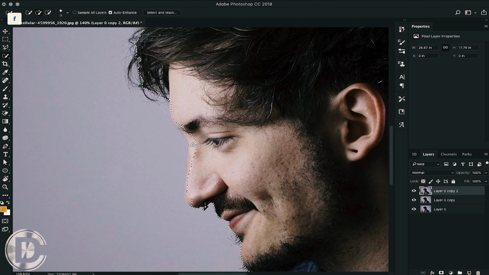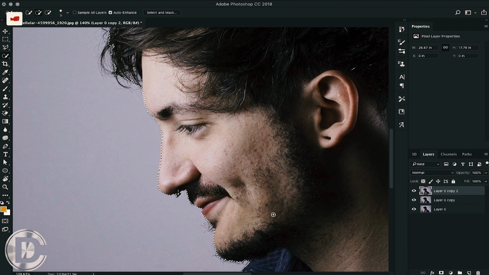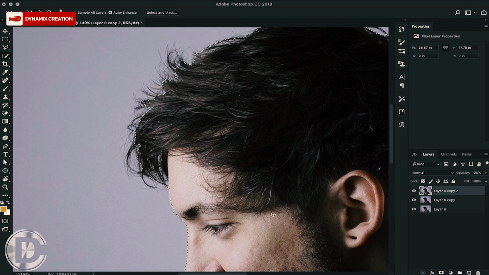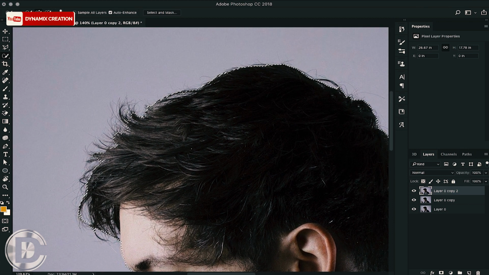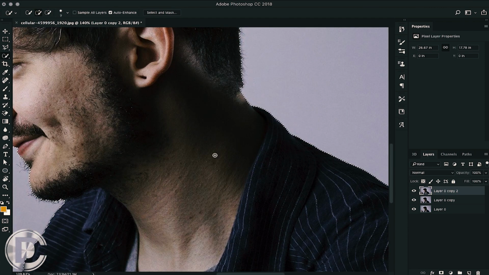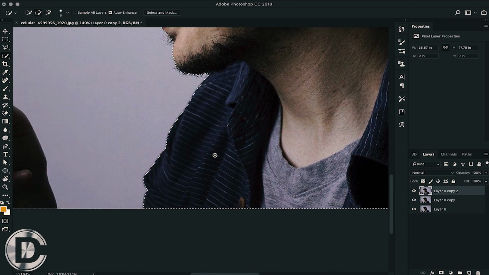I am just making a rough selection here because my original picture is below this layer, and also I am going to smudge this layer, so I don't have to be specifically perfect. You can use any other tool like eraser tool, or you can use lasso tool to make selection, but I am using quick selection to select my picture faster.